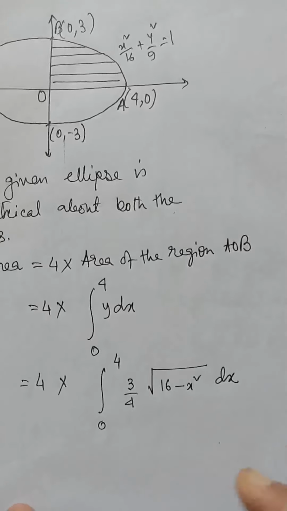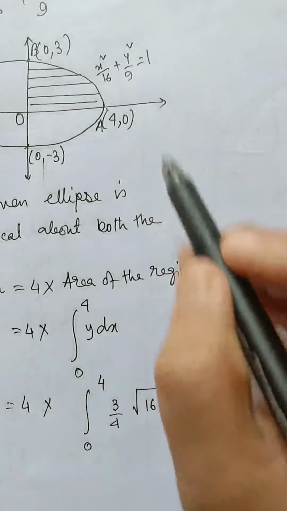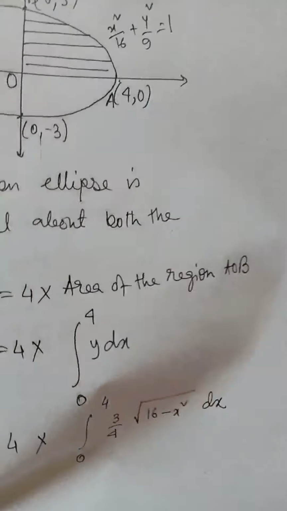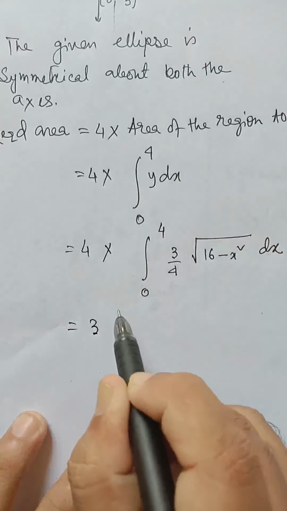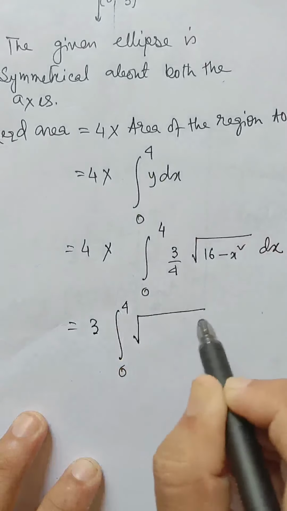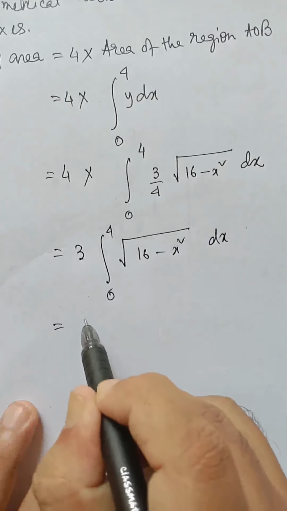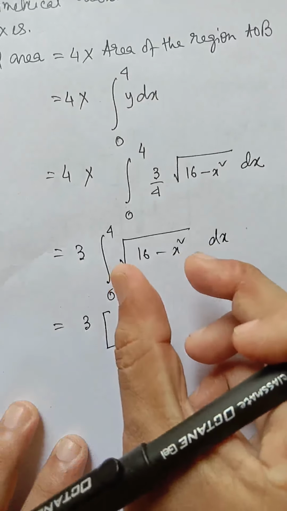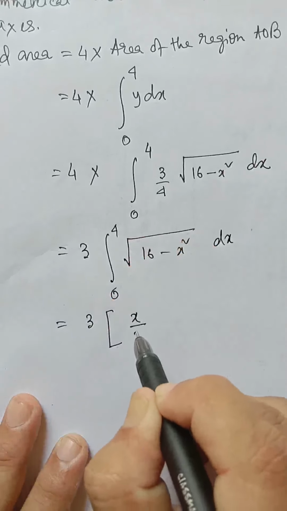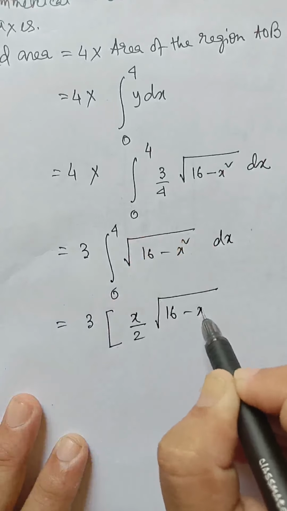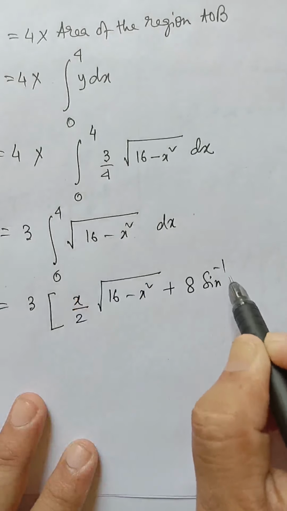From the equation of the ellipse we get the value of y as this. Now if we multiply, 4 will get cancelled. This will be 3 into the integration from 0 to 4 of root over 16 minus x square dx. Now by using the special integral, this is of the form root over a square minus x square, so its integration will be x by 2 root over a square minus x square plus a square by 2, that is 8, sine inverse of x by a,